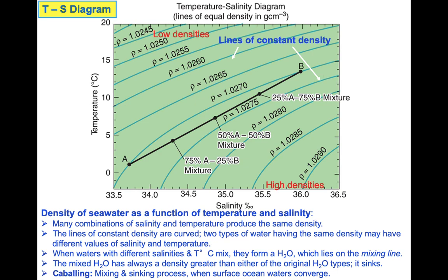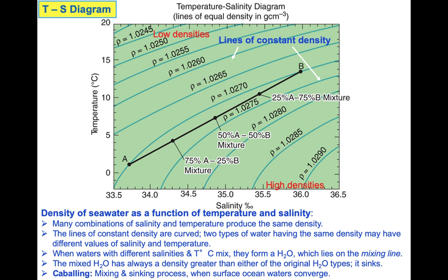So basically, water masses may have similar densities but totally different properties. And this is going to be a very important concept when we start talking about the ocean currents, particularly deep